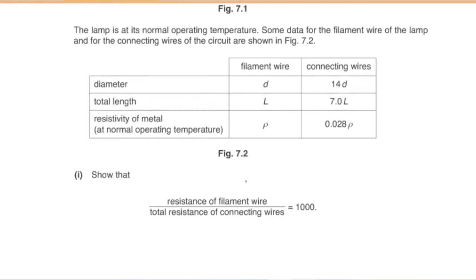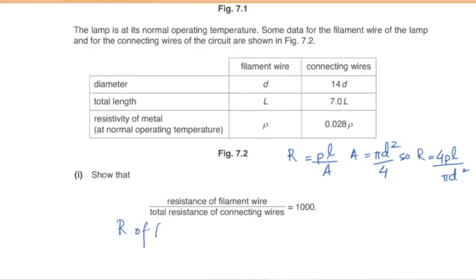So, resistance is equal to resistivity times length divided by cross-sectional area, where cross-sectional area is equal to pi d squared by 4 in terms of diameter. So R becomes 4 times resistivity times length divided by pi d squared. Now the resistance of the filament wire, according to figure 7.2, is equal to 4 times the resistivity of the filament wire times its length divided by pi d squared, and that of the connecting wires